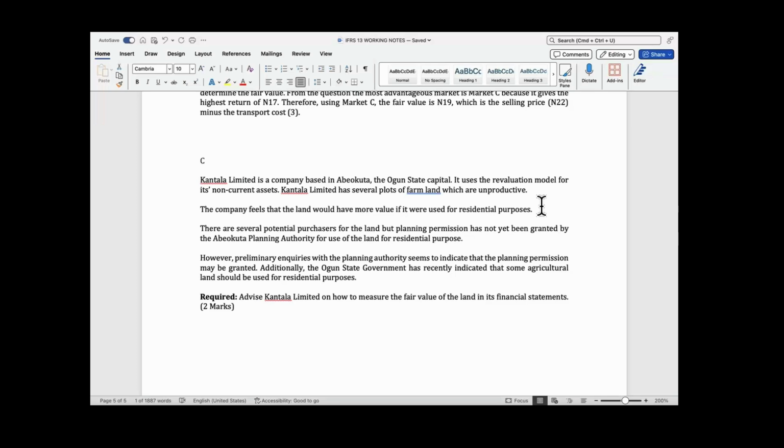And now it has a lot of people who are coming to ask for it, coming to ask for price enquiries. So I believe it is a principal market. It is operating in the principal